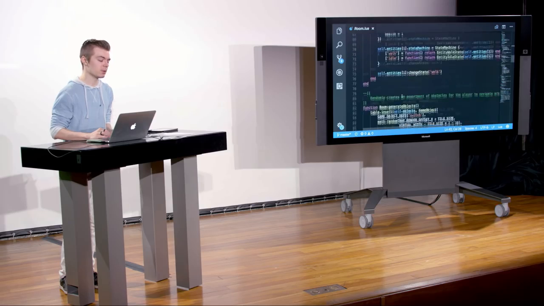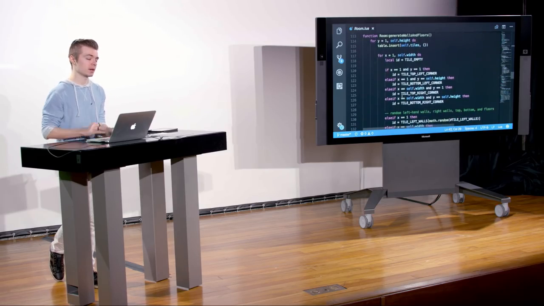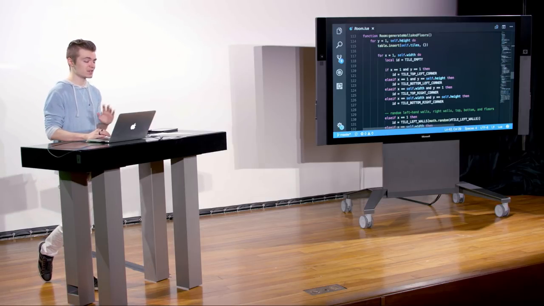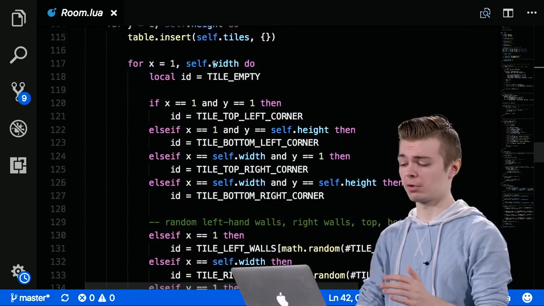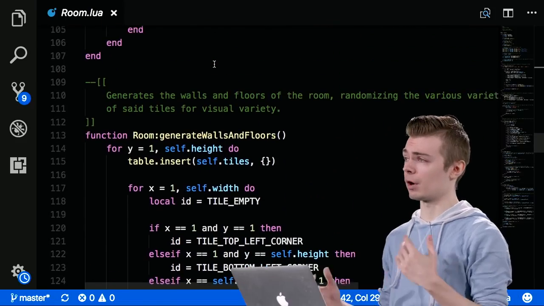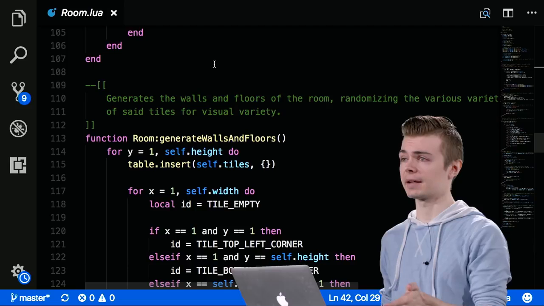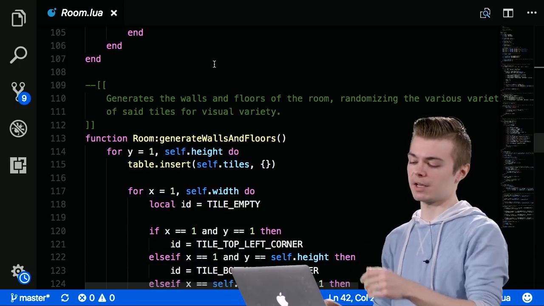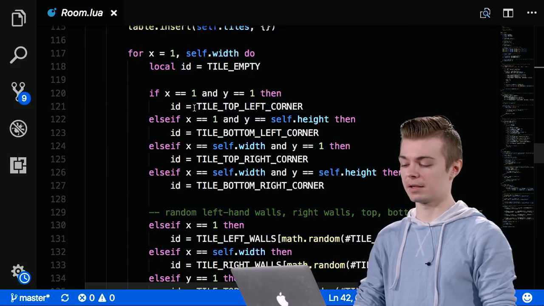Where did we leave off? We were in the init function of the room. So let's take a look at a few of the functions that comprise that. So generate walls and floors. This is very similar to what we've looked at before with tile maps in Mario, for example, where we just go from Y to X, and then we pick a random ID. Well, it is a random ID for some of it, but sometimes we need an explicit ID. So